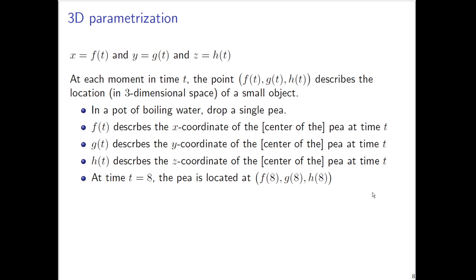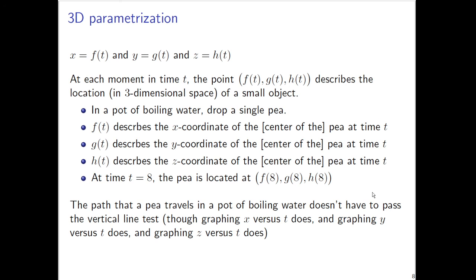So for instance, at time t equals 8, the pea is located at f of 8, comma, g of 8, comma, h of 8. So the path that a pea travels in a pot of boiling water doesn't have to pass anything like a vertical line test, though graphing x versus t does. So if you looked at this and there was a t-axis, I guess, and then the f-axis or the x-axis, that would have to pass the vertical line test. Graphing y versus t has to pass the vertical line test, and graphing z versus t would also have to pass